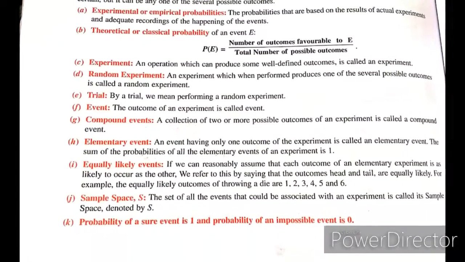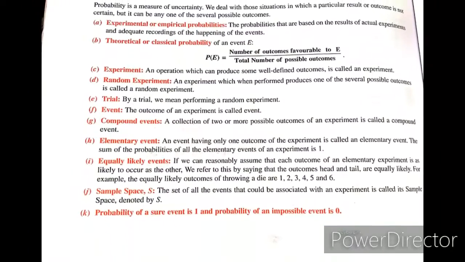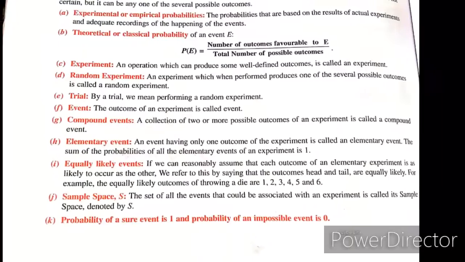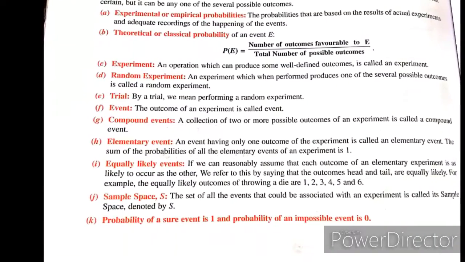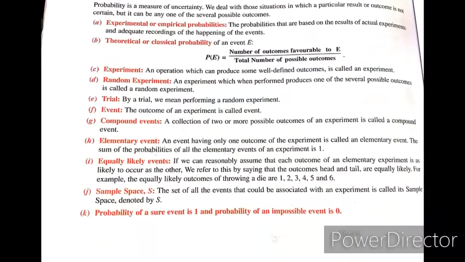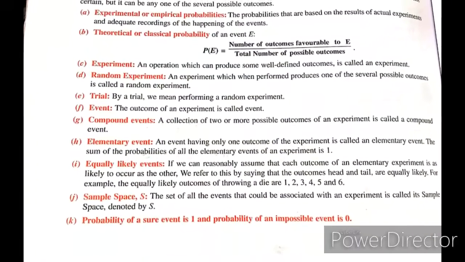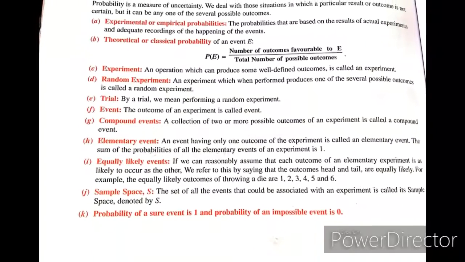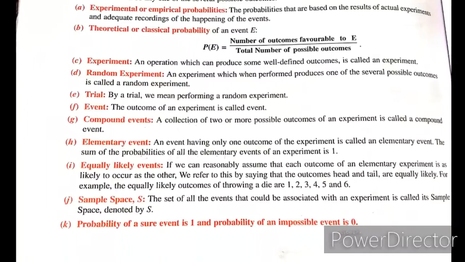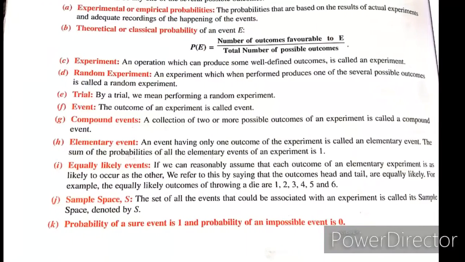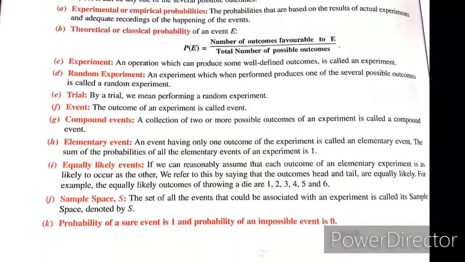In other words, a random experiment is an experiment whose all possible outcomes are known in advance, and no particular outcome can be predicted in advance. Examples for random experiments are throwing a die, tossing a coin, spinning the number wheel, etc. And deterministic experiments are the kind of experiments which we perform in science laboratories, and the experiments